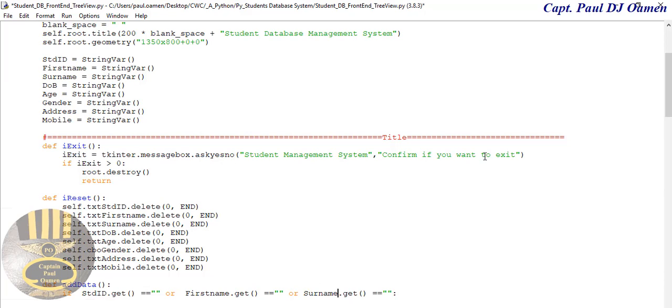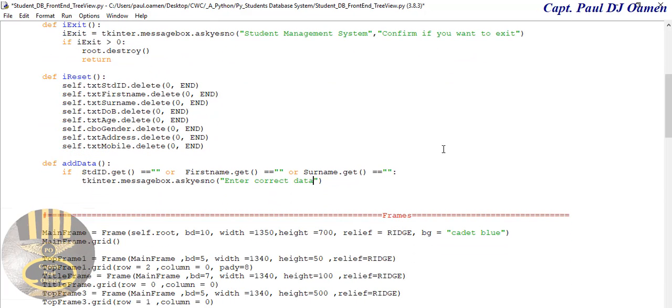Okay, so let's get this one sorted properly. Right, let's grab this message box just to say something. Grab all of that and paste it right underneath here. So this message box will pop up, maybe telling the user to enter data if any of them is empty. Okay, let's say enter correct data. Yeah, data is fine. Okay, so that's taken care of. Else,